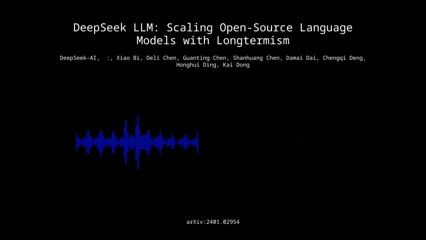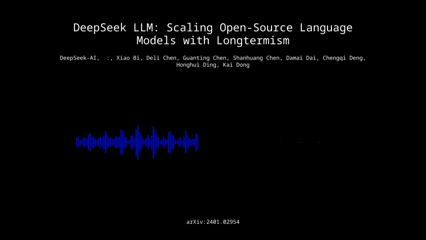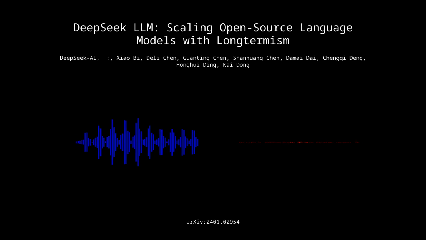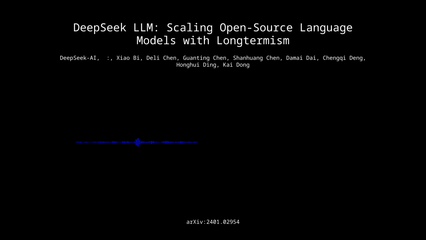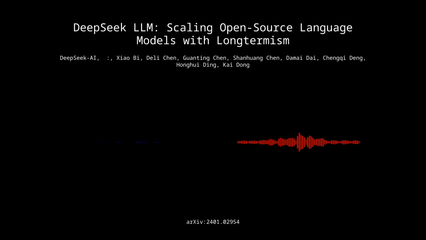So now let's talk about how DeepSeek actually performs on benchmarks that are designed to assess their capabilities. DeepSeek was tested on a bunch of these standard benchmarks for language understanding, reasoning, math, code generation, all these sorts of things. And the results are really quite impressive. DeepSeek LLM actually surpasses Llama 2 70B in several areas, especially in code, math, and reasoning tasks. Llama 2 is a very strong model. To beat it is no small feat.